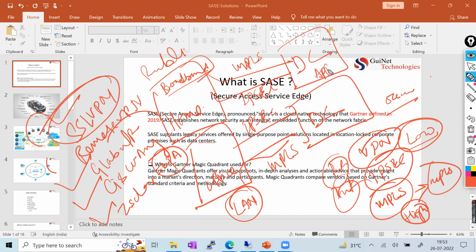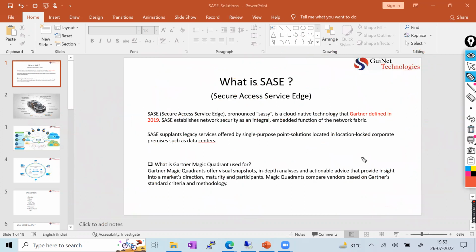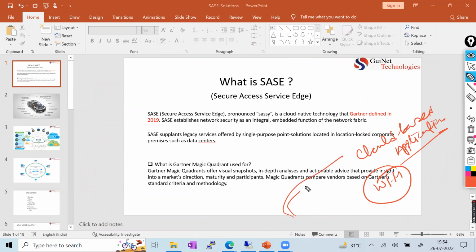Not only are applications hosted in your data center, applications have started being hosted in the public cloud and private cloud. So you not only need to create the SSL VPN and remote access VPN to your data center where your applications are, you also have to create a lot of VPN tunnels with your public and private cloud, because every organization has started using cloud-based applications, right? So if you are hosting cloud-based applications, then the end user who is working from home should also have a very secure connection from their home laptop to the cloud vendor locations.